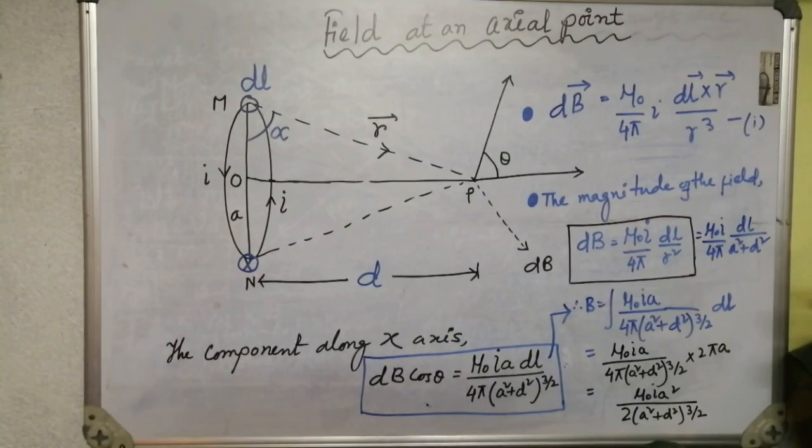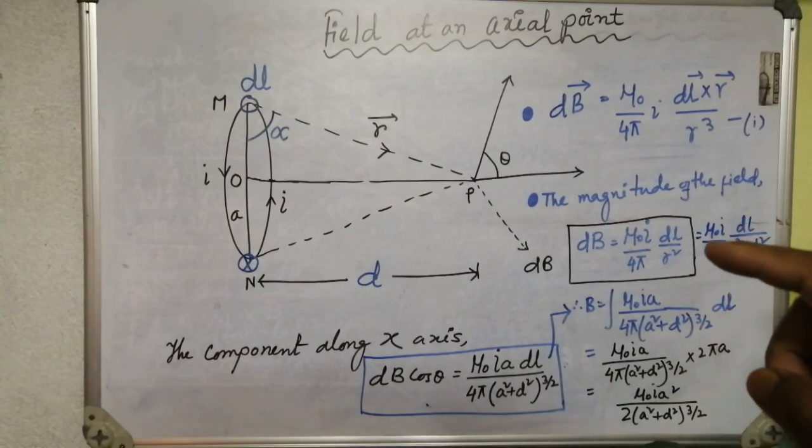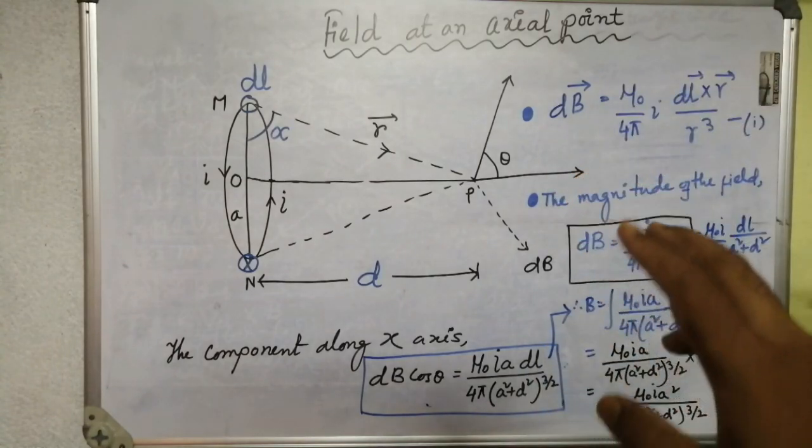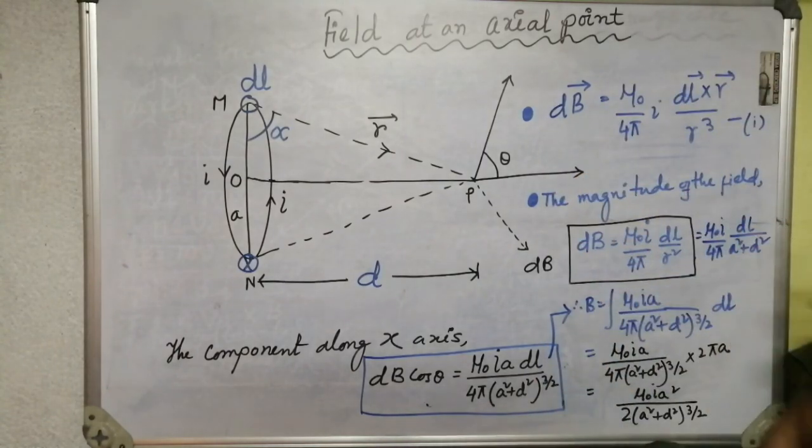If the field is at a point far away from the center, meaning D is greater than A, then how can we find the equation? The equation of B is almost mu naught into I into A square divided by 2 D cube. So this is equal to 2 into mu naught into I pi A square divided by 4 pi D cube. So in this way we can write this equation. It will be better if you see this whole thing in an animation, so I am forwarding it there, please check it out.